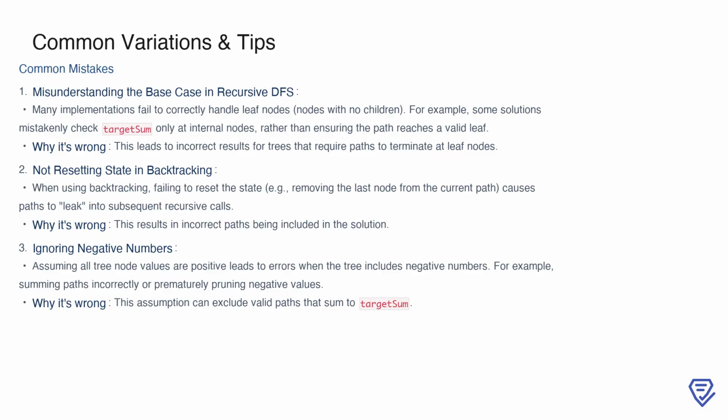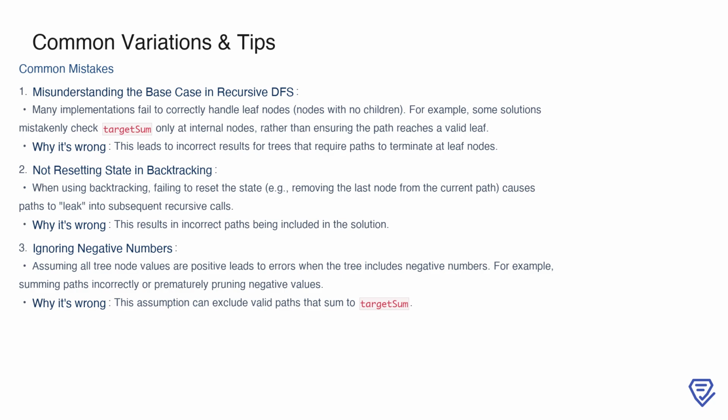First, misunderstanding the base case in a recursive depth-first search is a frequent issue. Many solutions incorrectly handle leaf nodes, which are nodes with no children. Some implementations only check the target sum at internal nodes, rather than ensuring the path reaches a valid leaf node. This is problematic because the problem often requires paths to terminate at leaves, and missing this detail leads to incorrect